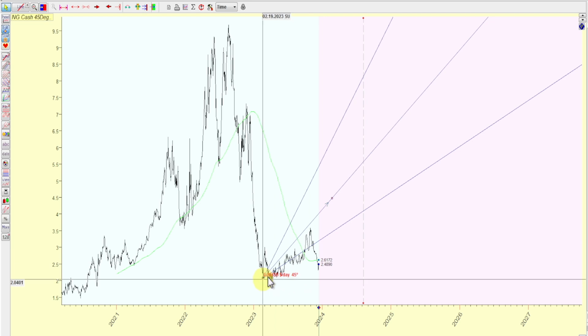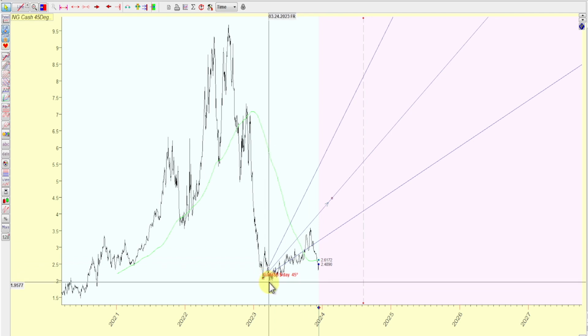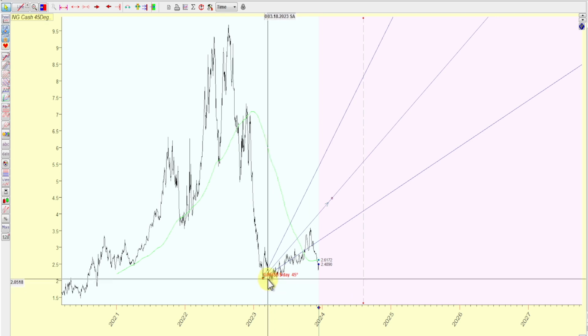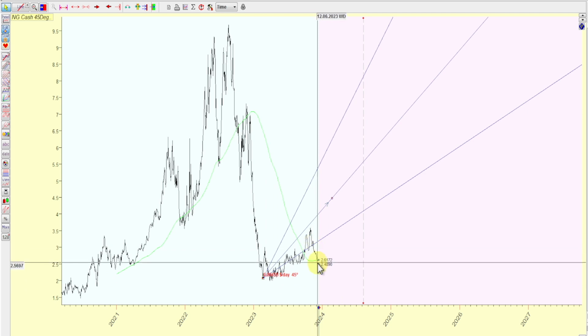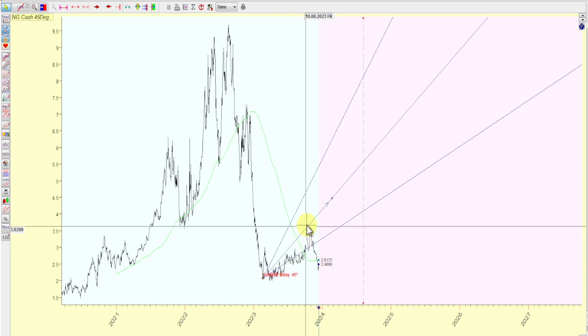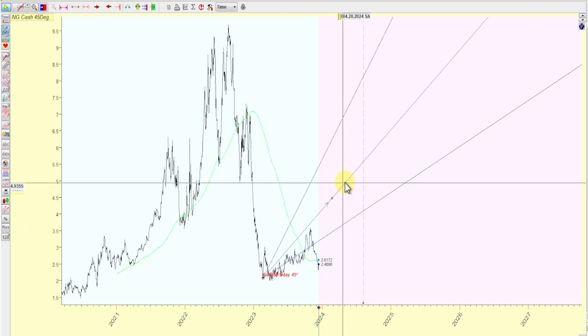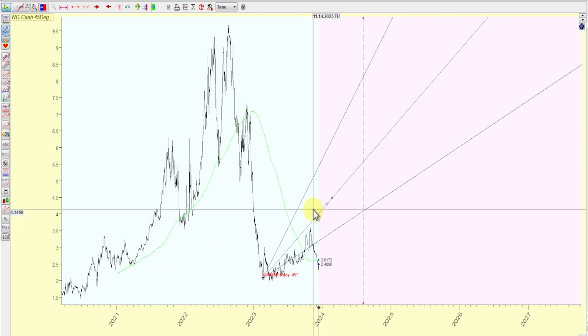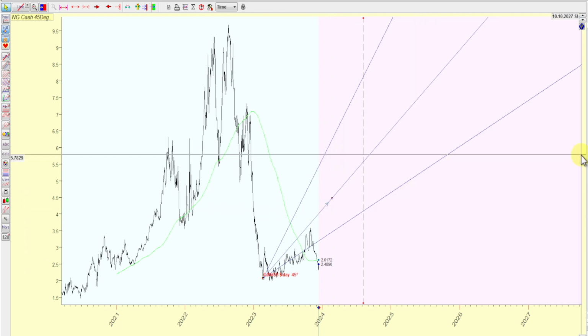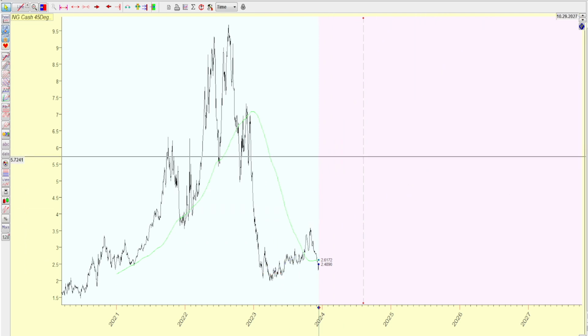and you already seen by my videos that that low is very important in regards to time and price. But I always like to explore and just kind of see, just because, like you just put a Gann fan here, especially when you got a lot of lows here, a lot of spikes and a lot of pivots, you don't know which is the one that's going to work. So you can see that we failed here, very weak. When we cross above the 1 by 1, this is the 45-degree angle. Once price action is above here, that's bullish, according to Gann's theory. So we are very weak